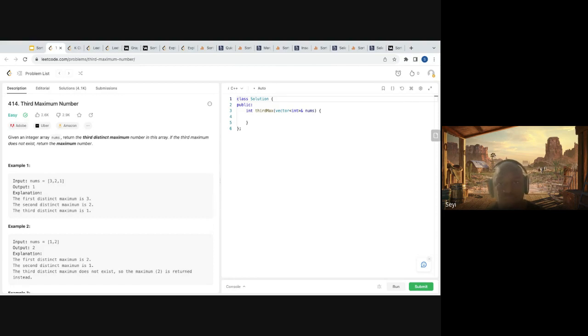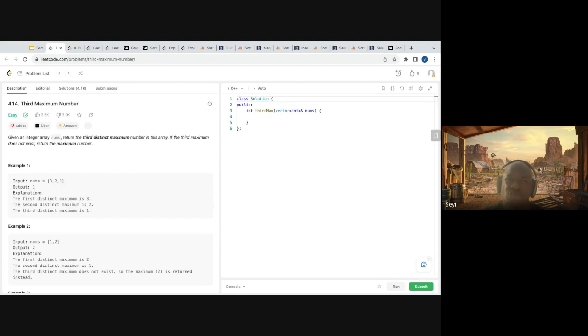So if I put all these items in a set, remove duplicates, and sort it, I'll get my answer. The third value from the end is my answer. That's one way you could do it.